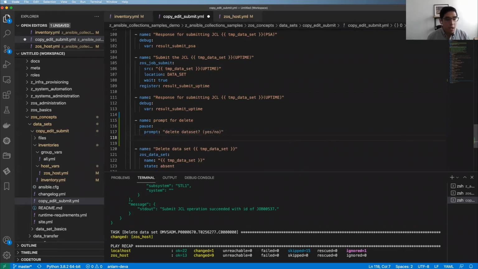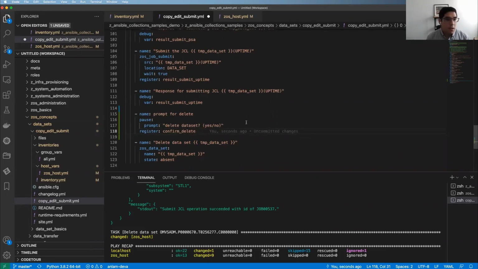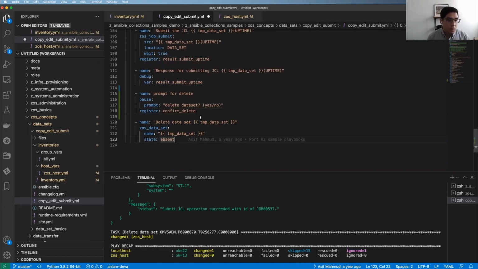And then what I'm going to do, every single Ansible task that you invoke returns a JSON response. And you can register that response to a variable so that you're able to interact or dig into some of the fields of that response and do some conditional checking, which we're going to do here. So I'm taking that JSON response from this prompt and registering it as a variable called confirm delete. So now that I have that available, I want this to be conditional, and it's as simple as saying when, right? When confirm delete